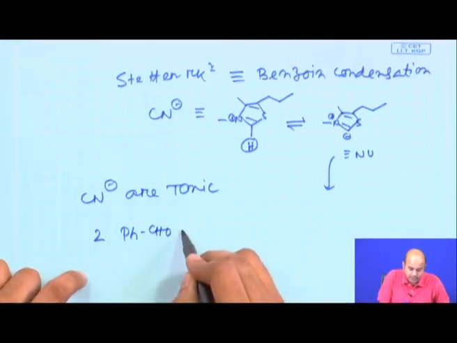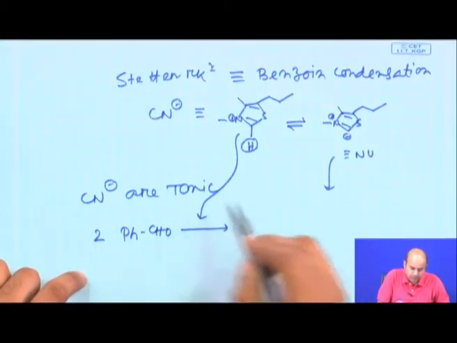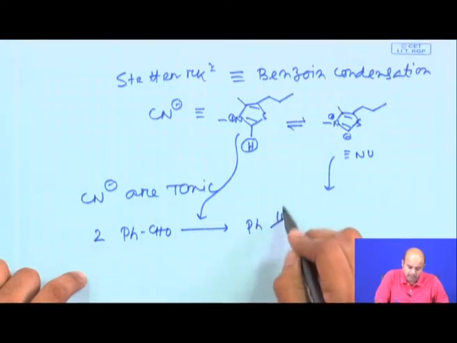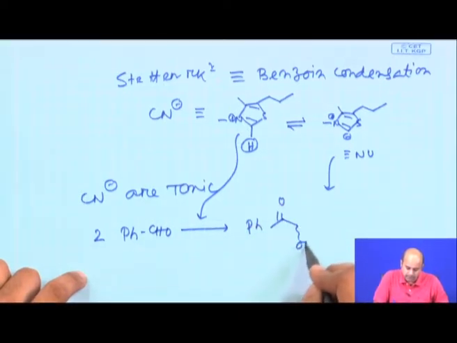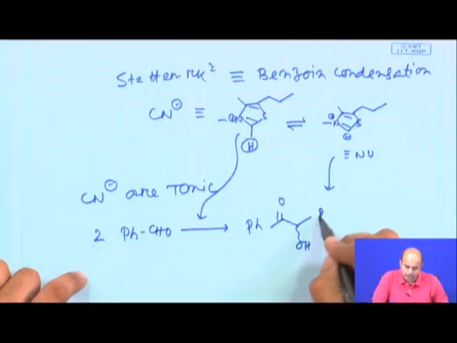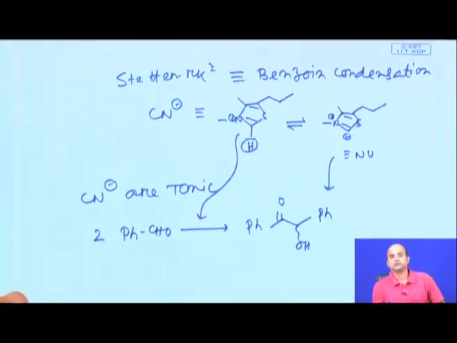So, you can use 2 equivalents of benzaldehyde with this thiazolonium salt, and you can basically get a sufficient quantity of benzoin by using this thiazolonium salt mediated benzoin condensation, and that serves as a very nice way to think about different transformations. This Stetter reaction, I am sure all of you have not studied yet, but it is a very useful way to synthesize 1,4-dicarbonyl compounds.